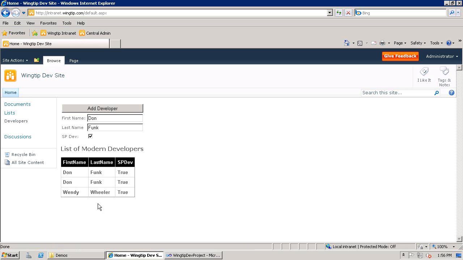well, now those other developers are gone because I hit refresh and the last thing was a post back. It put Don Funk in there twice. But you can see that we've also solved the problem of eliminating the developers that